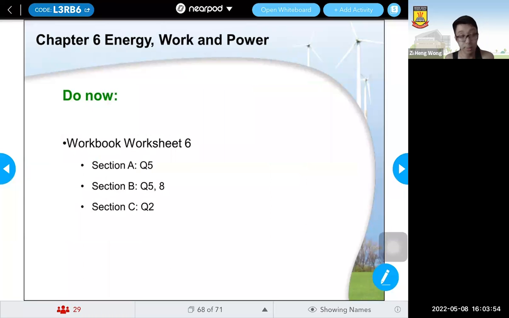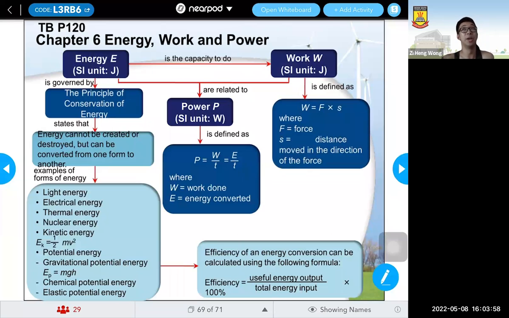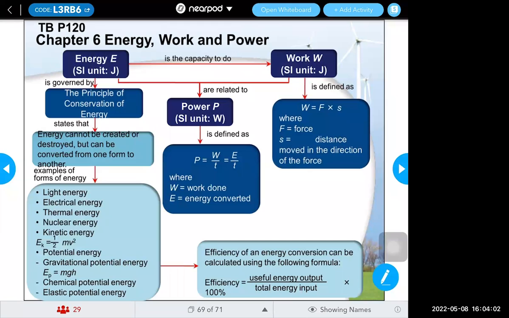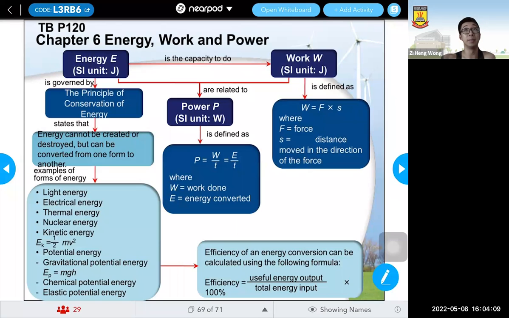Otherwise, yeah, that's the whole of the chapter. Do you have any questions? I think no more. Yeah. In terms of the workbook questions, do you have any